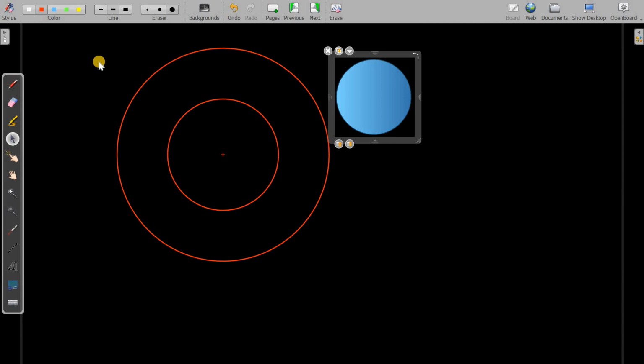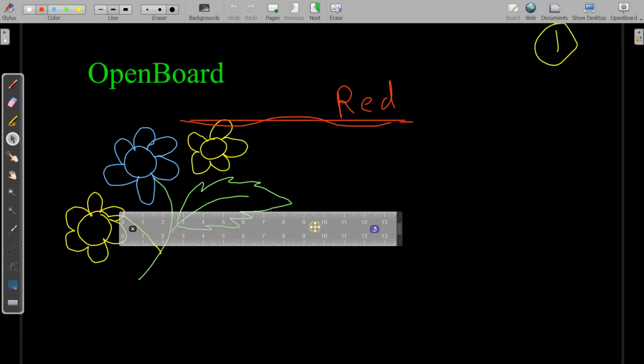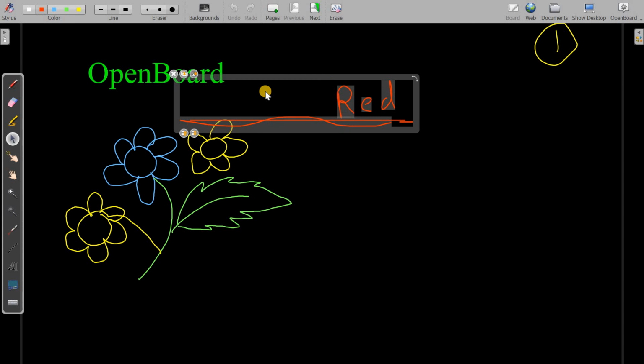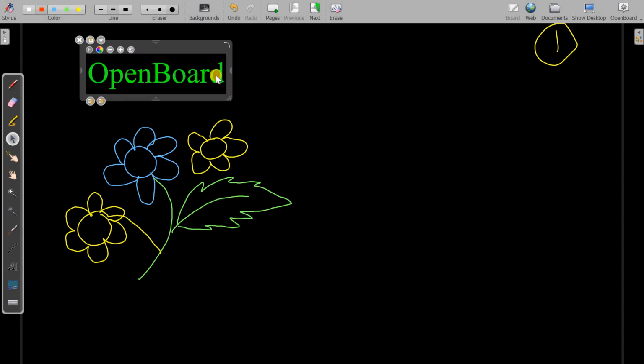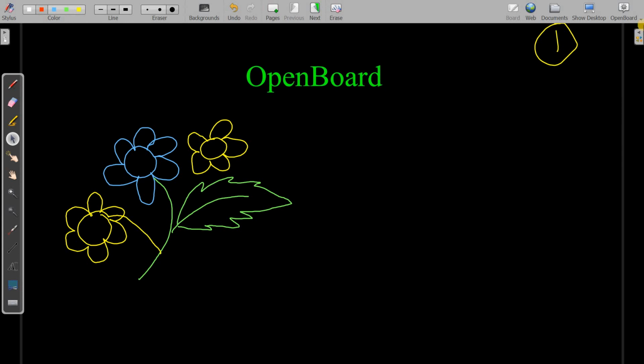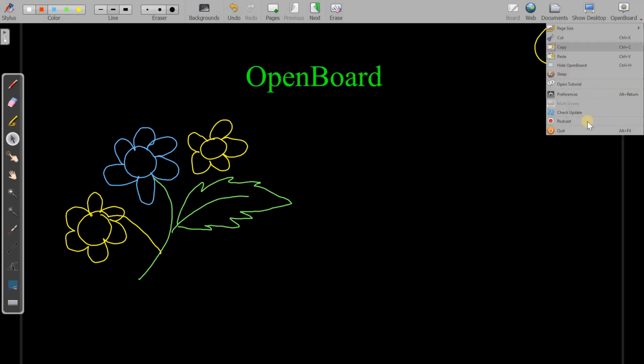So I believe this is enough tutorial. I will stop, and I thank the OpenBoard team for making this good software. Thanks. Okay, I will stop here.